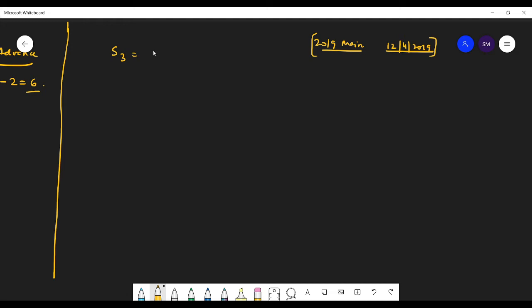So the sum of first three terms of an AP is 33, and their product is 11,555. Then you have to find the value of the 11th term. So sum of first three terms of AP is 33, product 11,155, and you have to tell the 11th term of AP. Come on, try to solve it, quite easy.